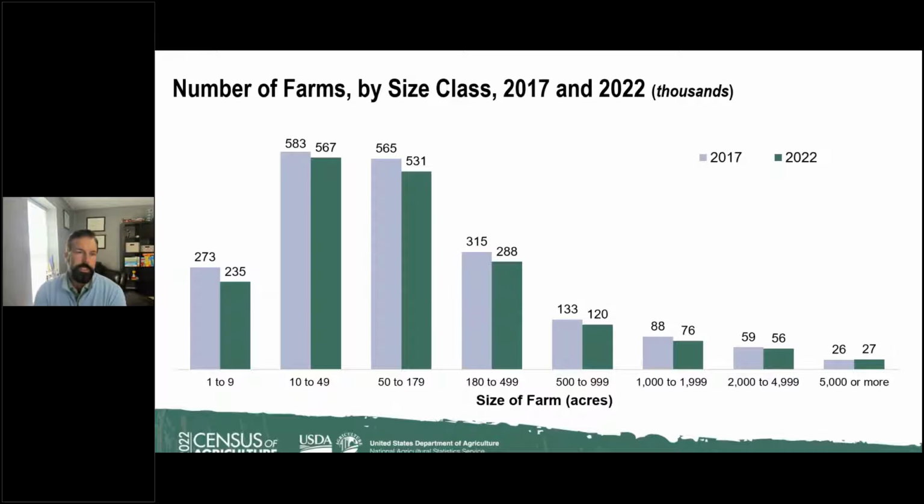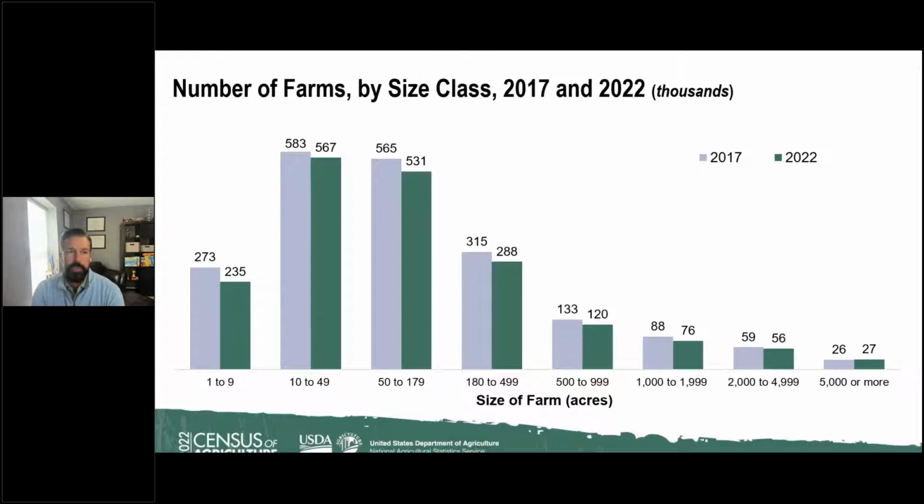Before moving into the details of this slide, I would like to note that not all large farms in terms of acreage translate into large farms in terms of value of production. For example, greenhouse nurseries or livestock operations may have a small number of acres, but have a large value of